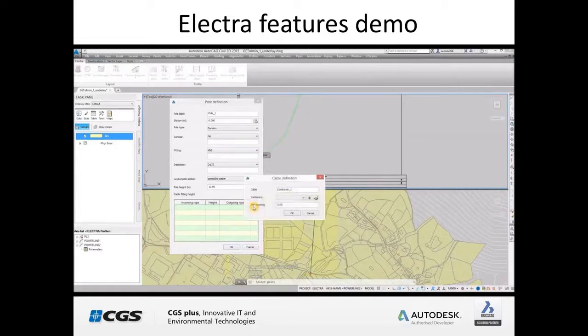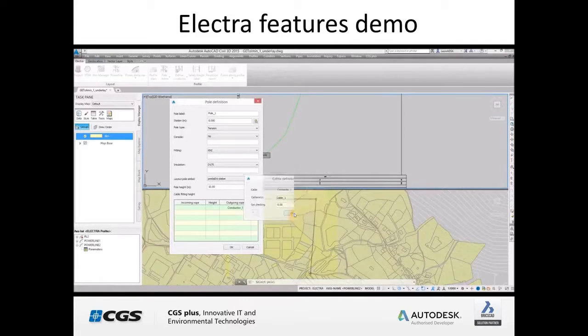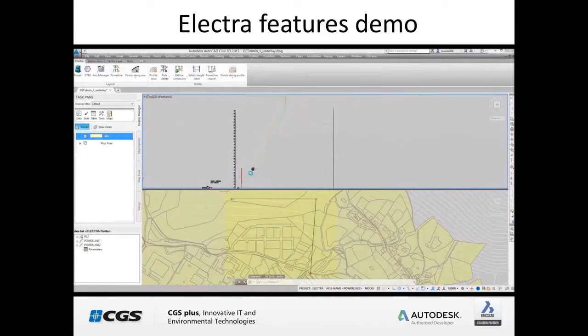So here we selected the first pole, the first tension pole, and on it we will now attach a cable. So there is a list of cables in an external XML file, which can also be edited, so users are able to add their own cables, especially some optical cables which are now very modern and quite used, so they can be added in. So we have now defined the cable, we defined the height of that cable, and that cable is now attached